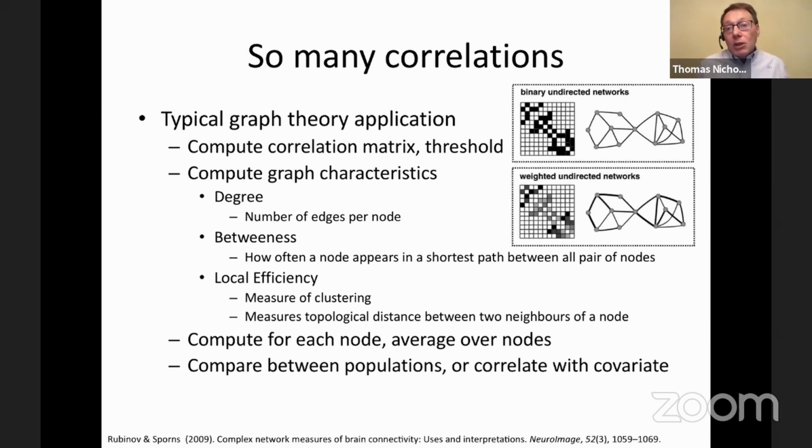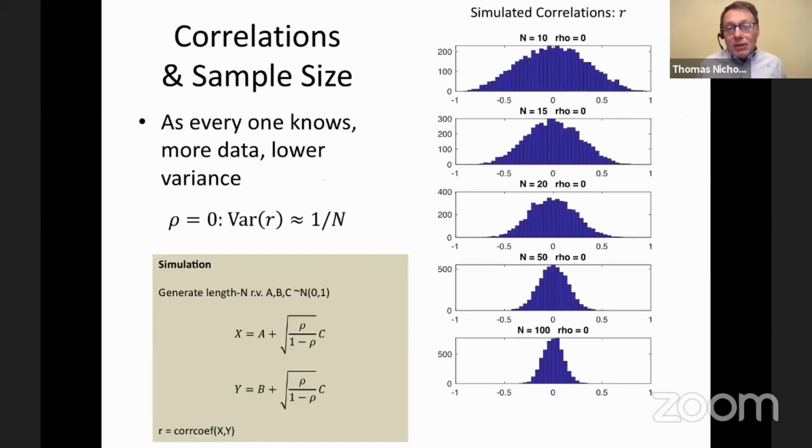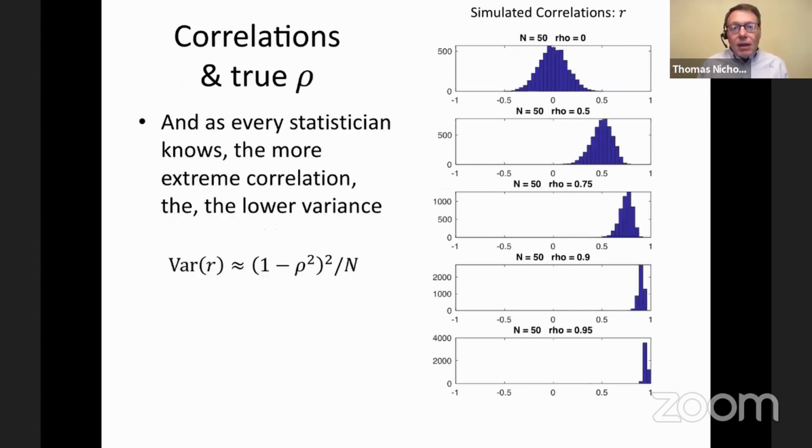But all of these measures depend on how you get from the actual data, in this case fMRI data, to correlations and then threshold them. And so this made me think carefully about this. I think there are some things that we all know, and some things that maybe not all users know. So we all know that, of course, with more sample size, if you compute a correlation between two random variables, the sampling variability of that shrinks. Yay. But maybe